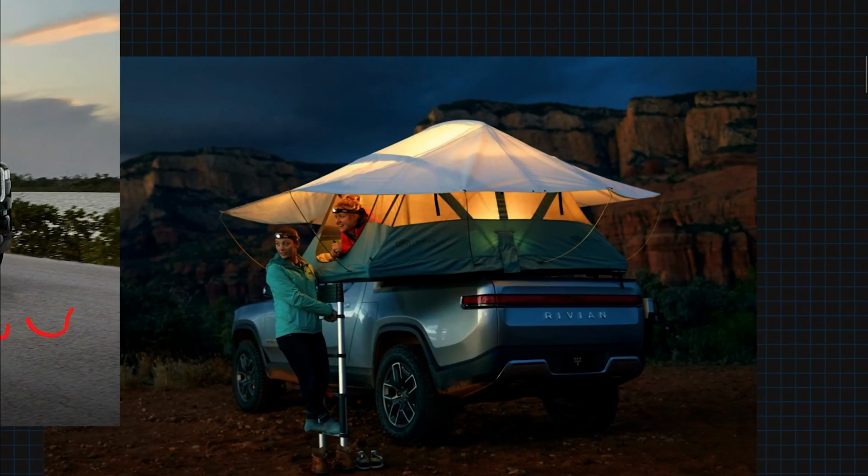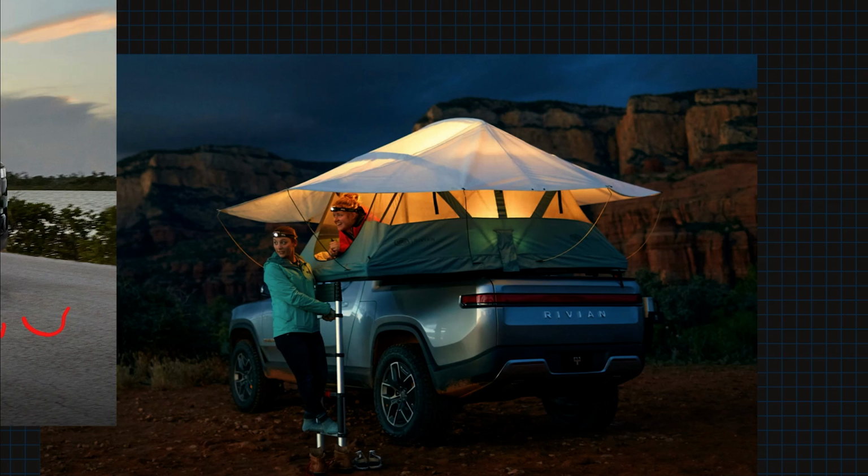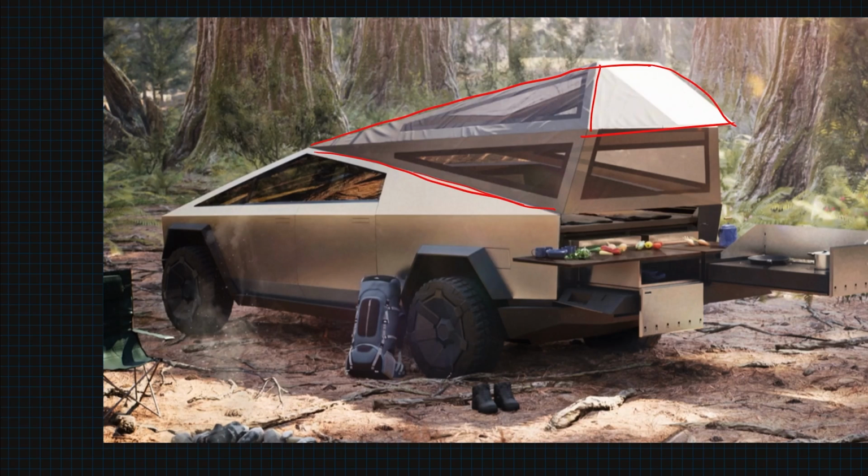But if you have this squared off truck bed, you can do all of the classic truck bed things, like they've been showing off this tent design that can sit right above the bed. You can't really do that with the Cybertruck, you know. They demo the Cybertruck with that camping module that looks like this. You know, this may be something that third parties in addition to Tesla are able to develop for the Cybertruck,